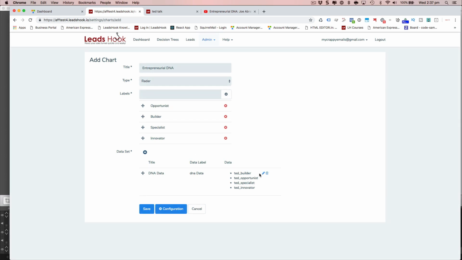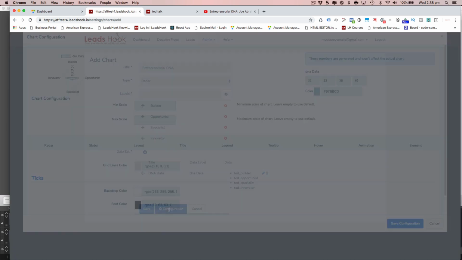So the builder value will show up as the opportunist, which is wrong. So I'm just going to drag it back down to give an example. The order is the same: we start with builder and an innovator, in that same order. So we're going to click the configure one here, and immediately it'll show you what the diagram